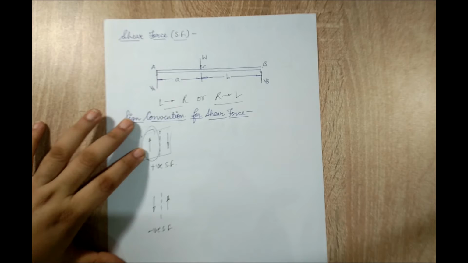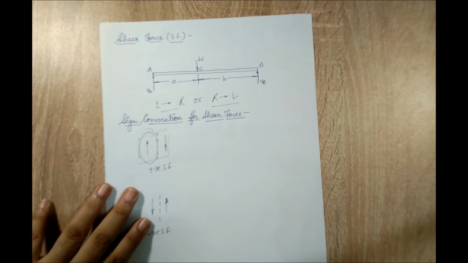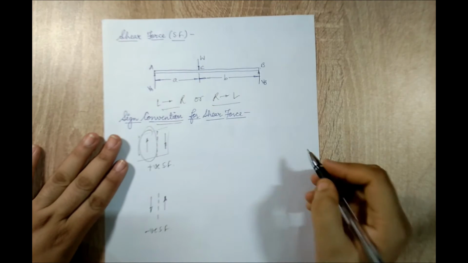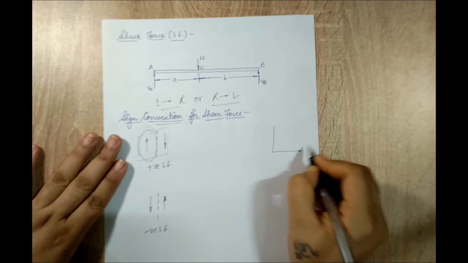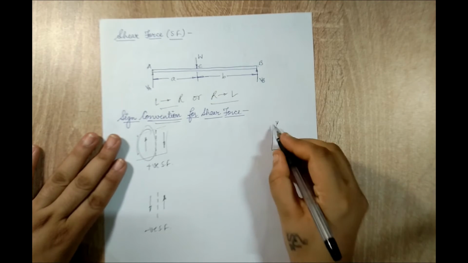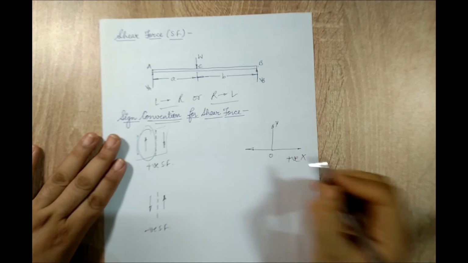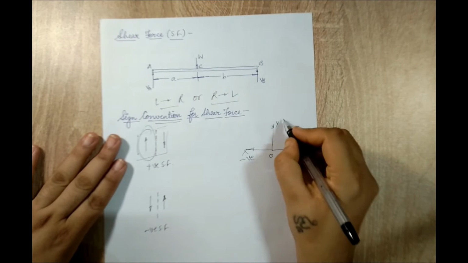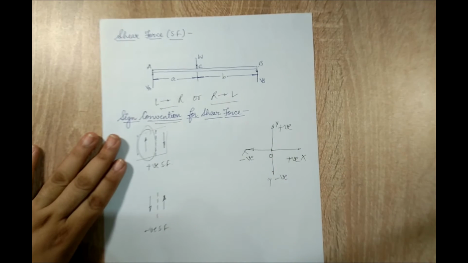Now if I know that anything which goes upward to the left of a section is positive, then a force going downwards is bound to be negative. So this is my simple sign convention for shear force. When I say it is a sign convention, I simply mean that it is my way of solving. For example, if I have x and y axes, we generally say that the axis going towards the right is positive, this is the origin, and this side is the negative x direction. Similarly, anything which goes above is positive and anything that goes down is the negative y axis.